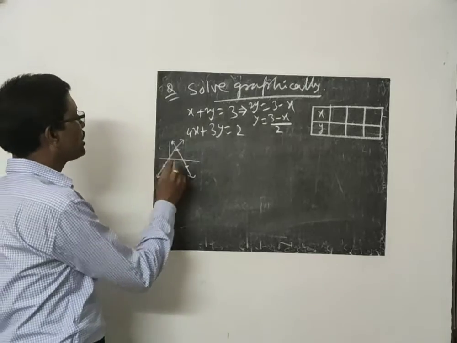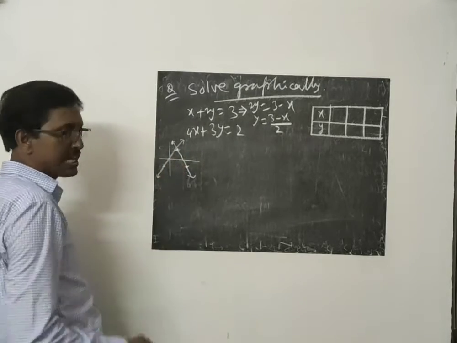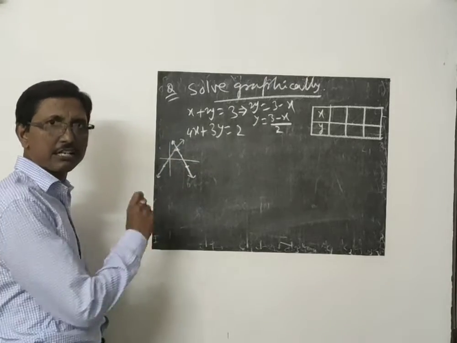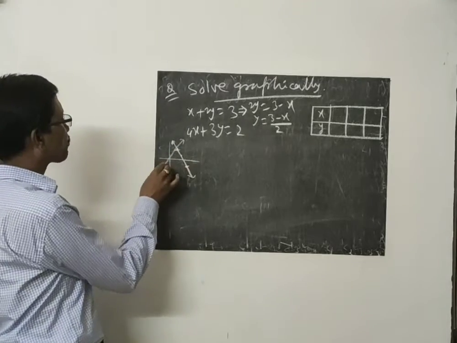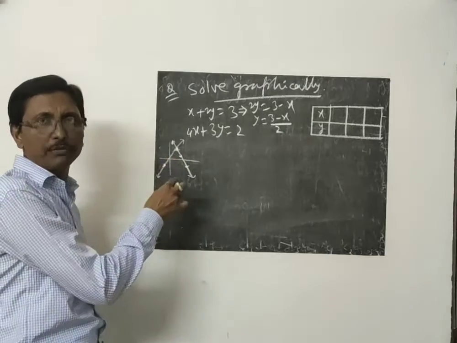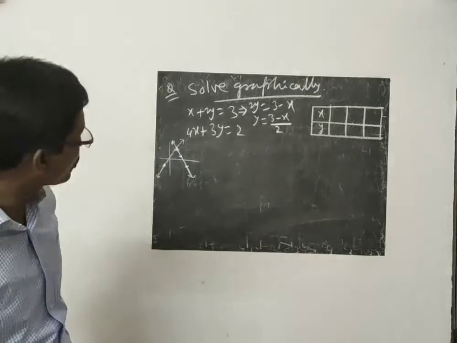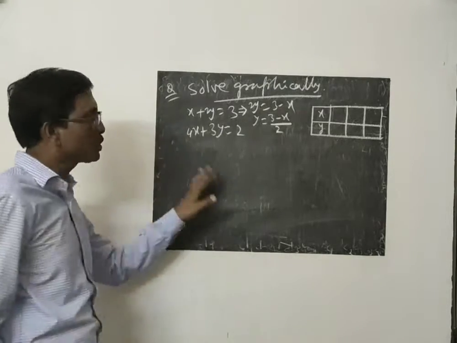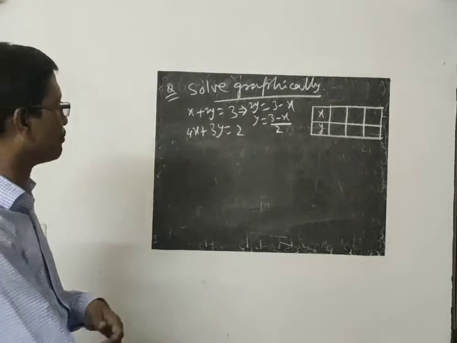But if you use 3 points, suppose the right 3 points should be here, and all these 3 points lie on the same straight line, then it is correct. But suppose by mistake this point is drawn here, then if you join these 3 points, you will not get a straight line. So that's better, to check it, use 3 points. If you use 2 points correctly, then no problem, you will get the full marks.